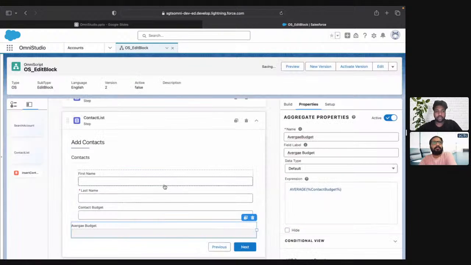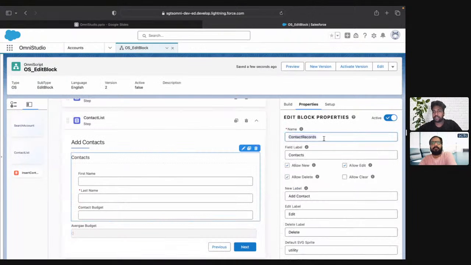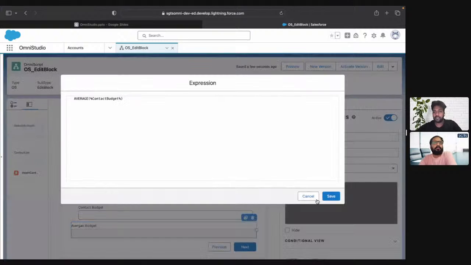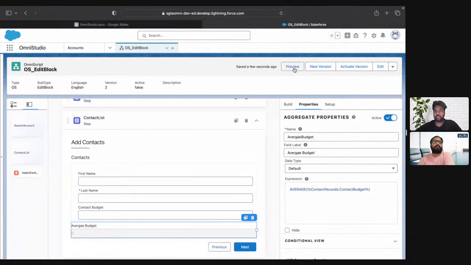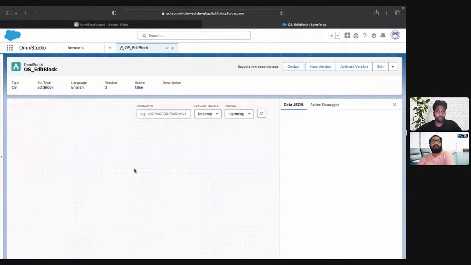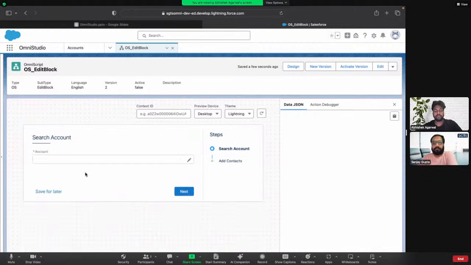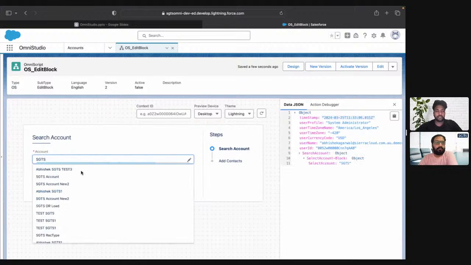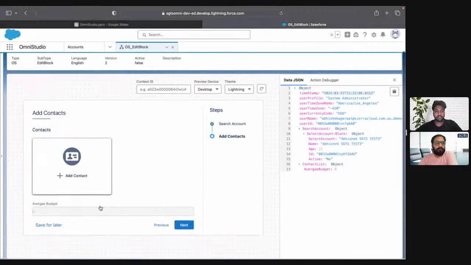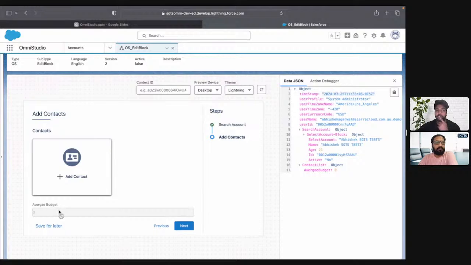And I think I have to give this edit block name as well. So this is how I will give it. And if I click on save, and if I go to preview, yeah. So right now the average budget is coming as 0